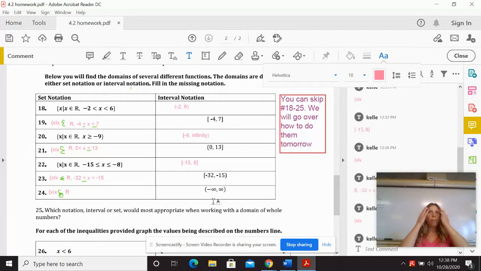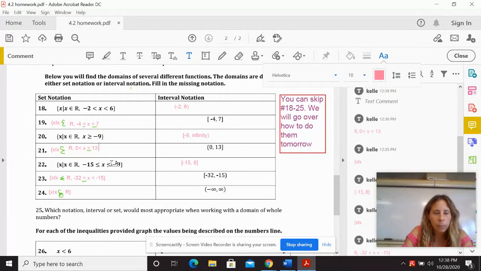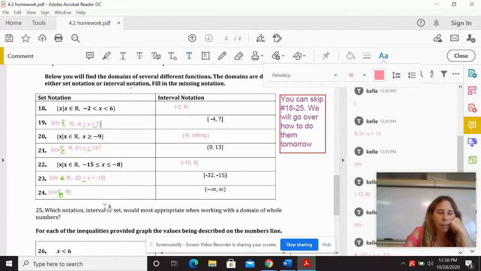There's no limit set on it, so you can just leave it. We should be putting a brace at the beginning and at the end. So that's how you would write it, except you would write your element sign better than that. All right. Done with